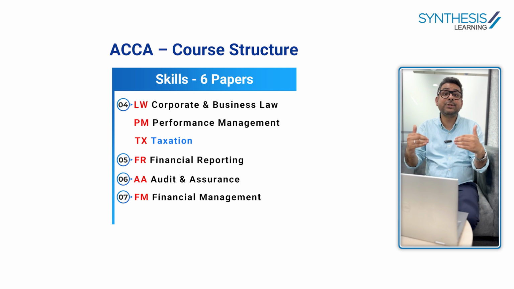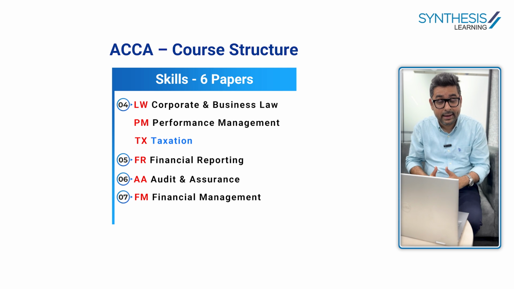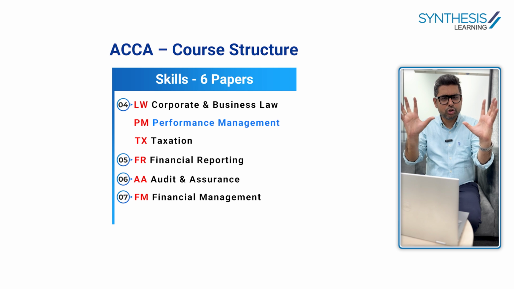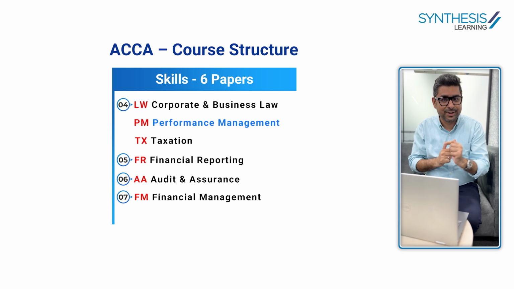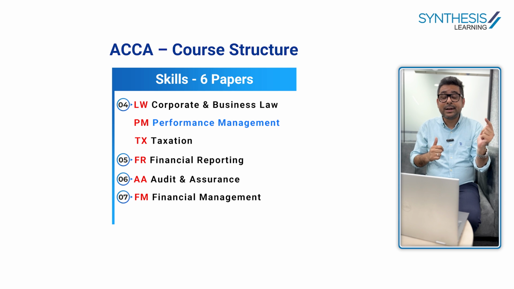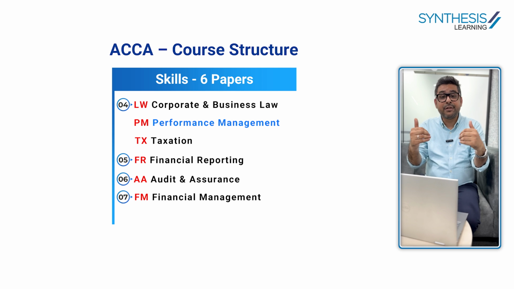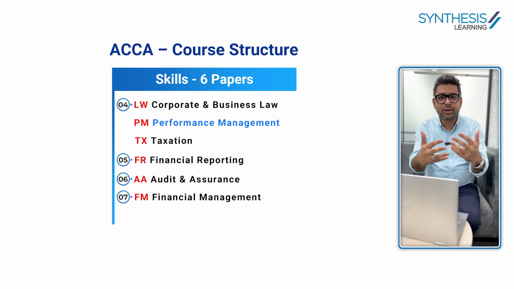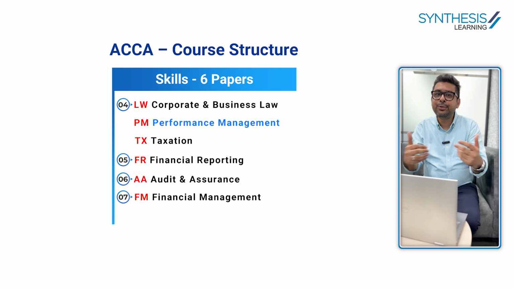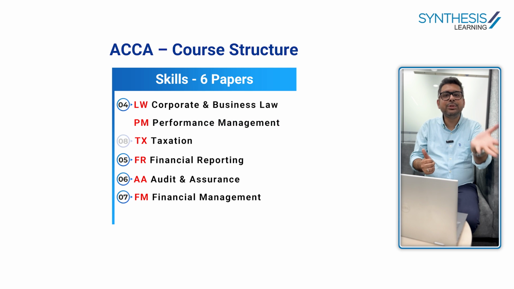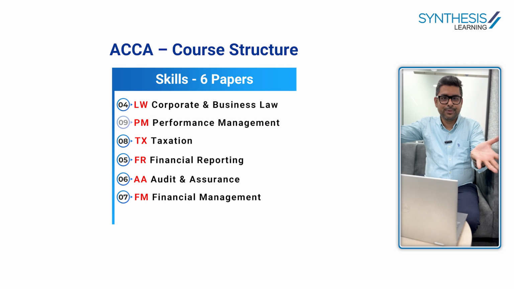So your chances of clearing it is quite high. Compared to that, performance management, which is paper 5, is smaller on curriculum, but it's a tricky one. It's a lot of out-of-box thinking. The performance management examiner is very creative, and that needs a lot of rigorous practice, a lot of dealing with unknown, dealing with cases. So my recommendation to students usually is do tax, and then you do performance management,